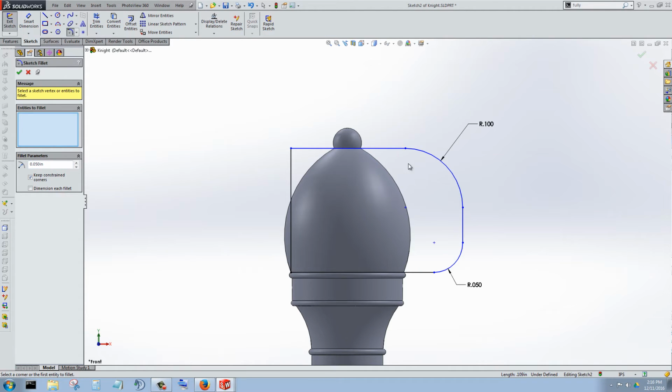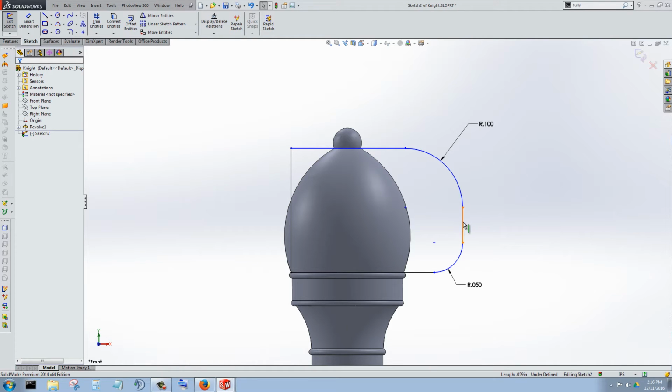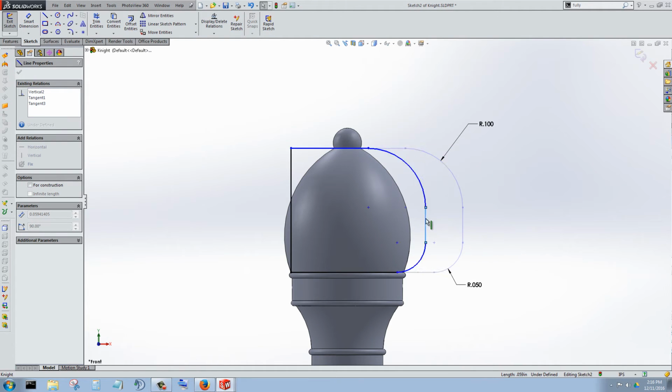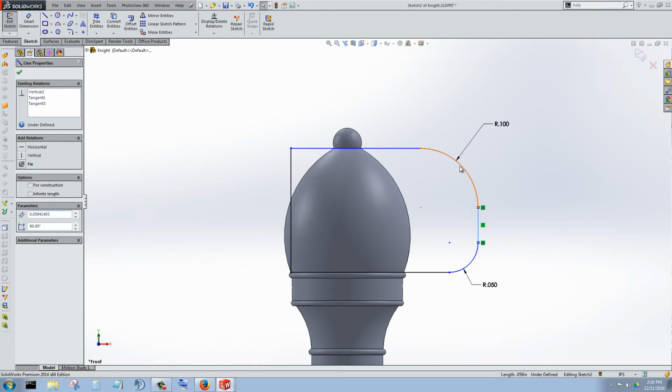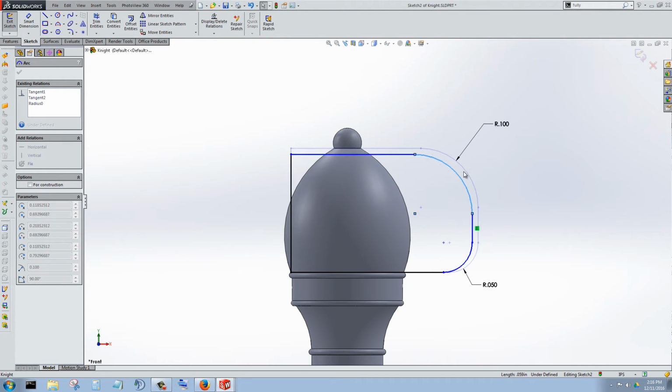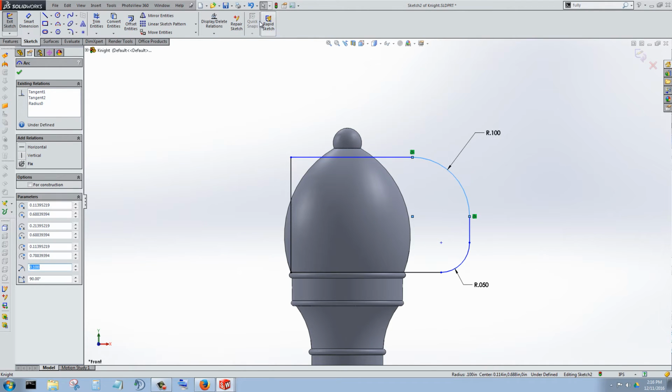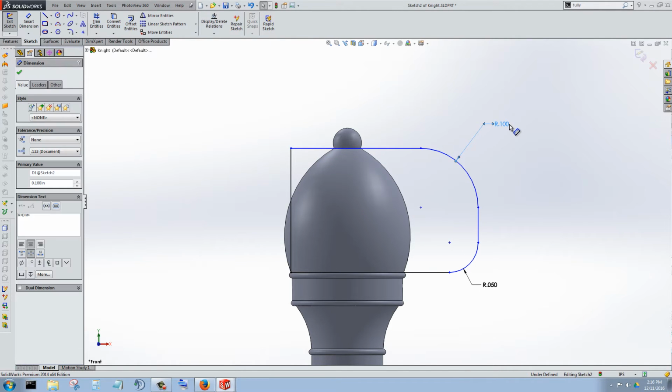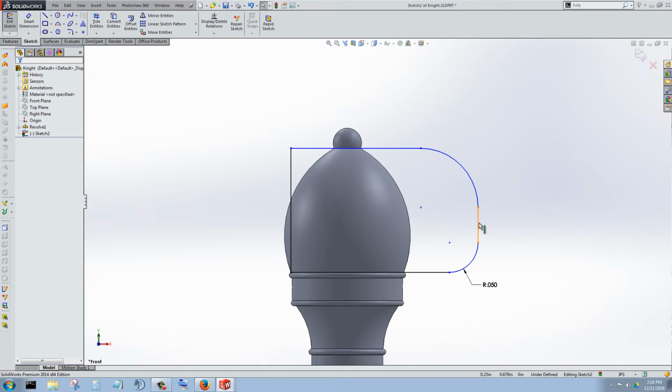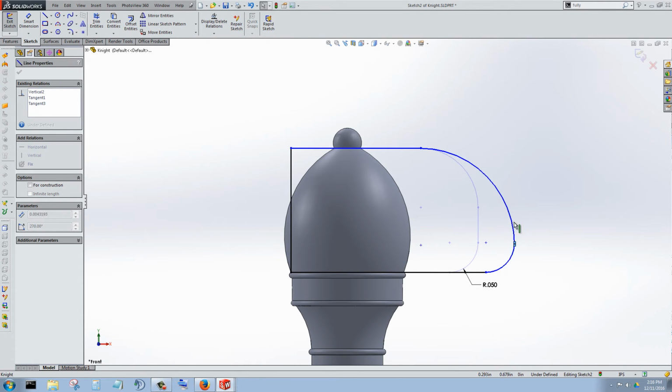Let's click OK to the sketch fillet. Now I can drag this anywhere I want. I can't decrease that radius. That radius is pretty well locked in there. So let's just go undo. Let's delete that first radius. There we go. Now I can